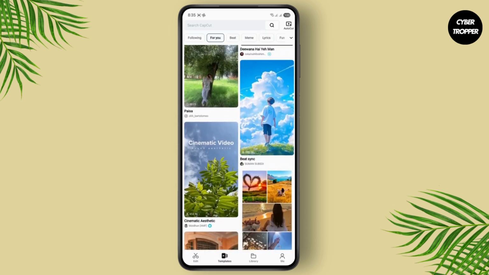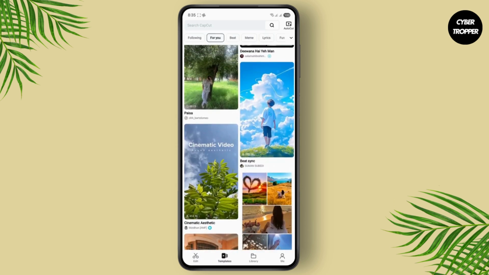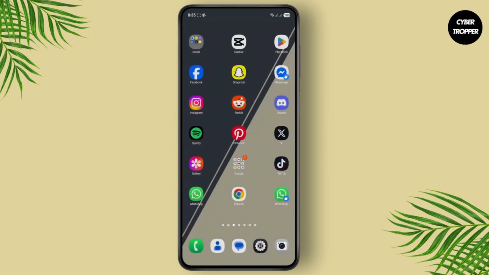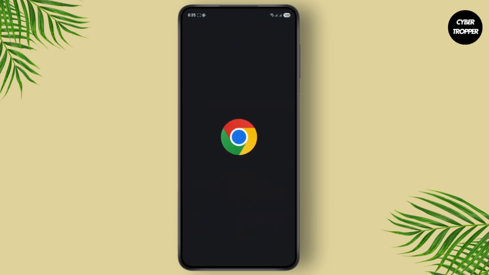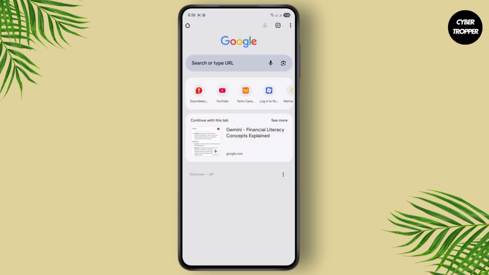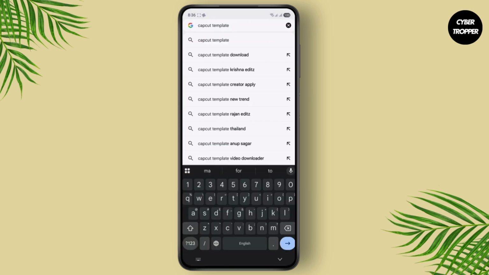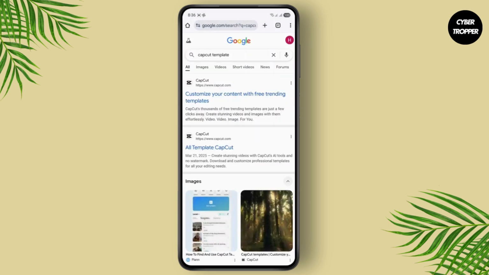Now, if you are not able to use this, what you can also do is just go ahead and search for it on your web browser. So I'll just open up my web browser, go to the search bar. Here I'll just search for CapCut template and tap on the first link that you see,